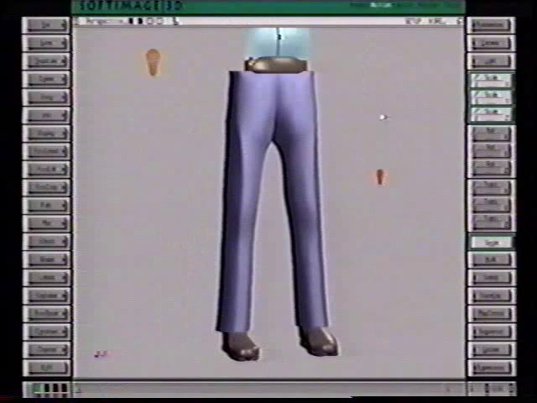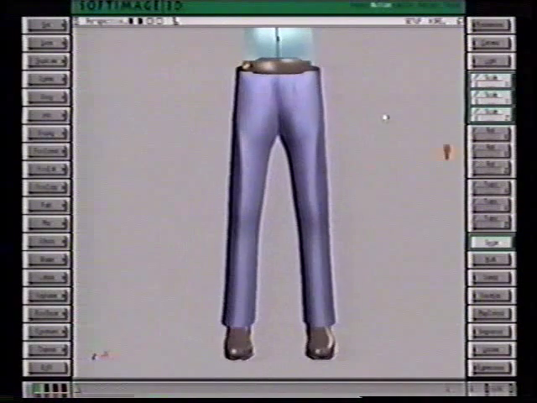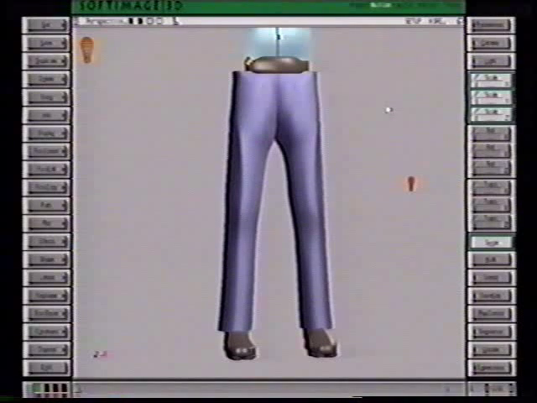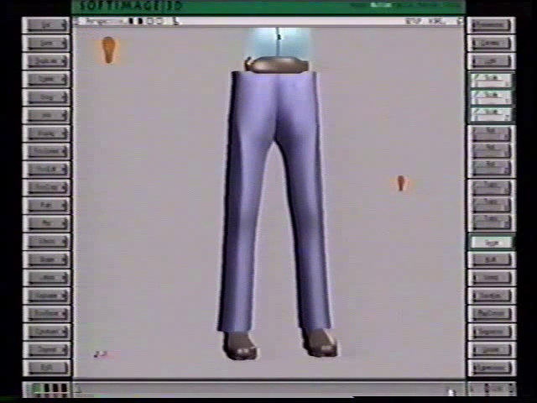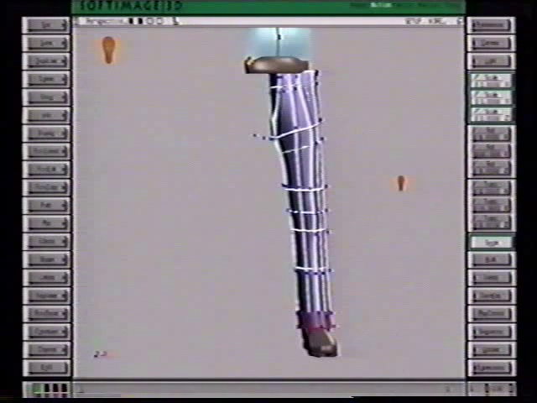Here you can see Harry's legs. In this case, the legs are separate from the feet. And if we look more closely at this, the two pieces of the legs are actually separate from each other. Here you can see one of the legs. If we look at that more closely,